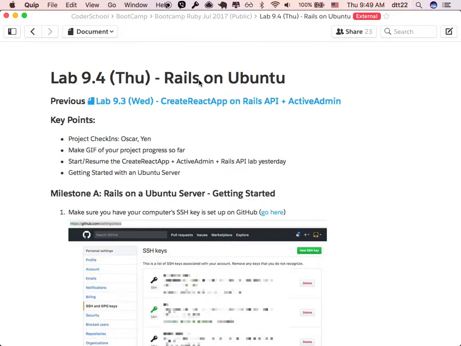Yeah. Is Ubuntu a type of Linux? Mm-hmm. Ubuntu is an operating system built on top of the Linux kernel, and so technically Linux is built on top of the Unix kernel, and then Ubuntu is one of the Linux distributions.